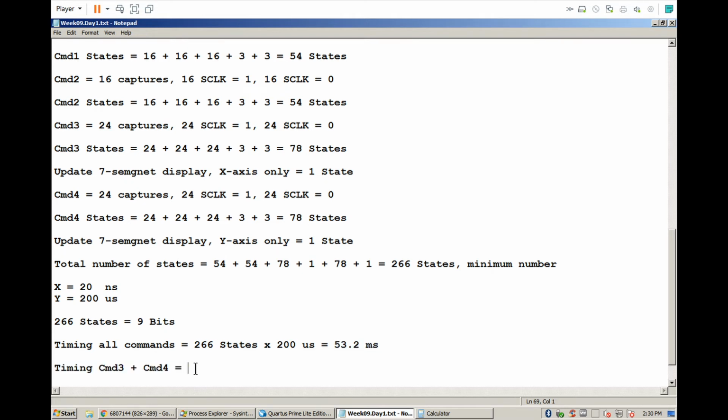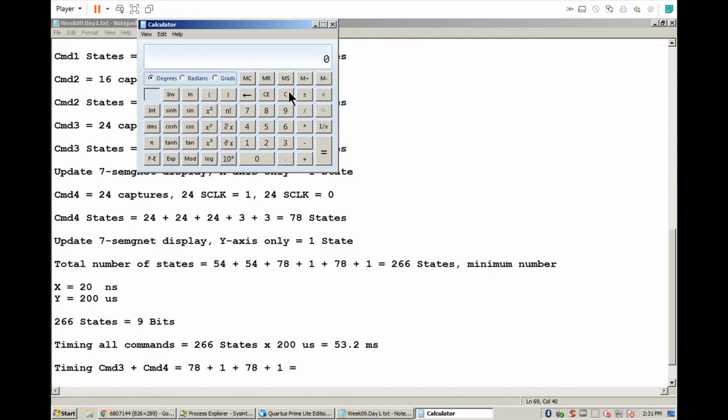For 3, it's 78 plus update the display plus 78 plus 1. If you do the math, this is 158